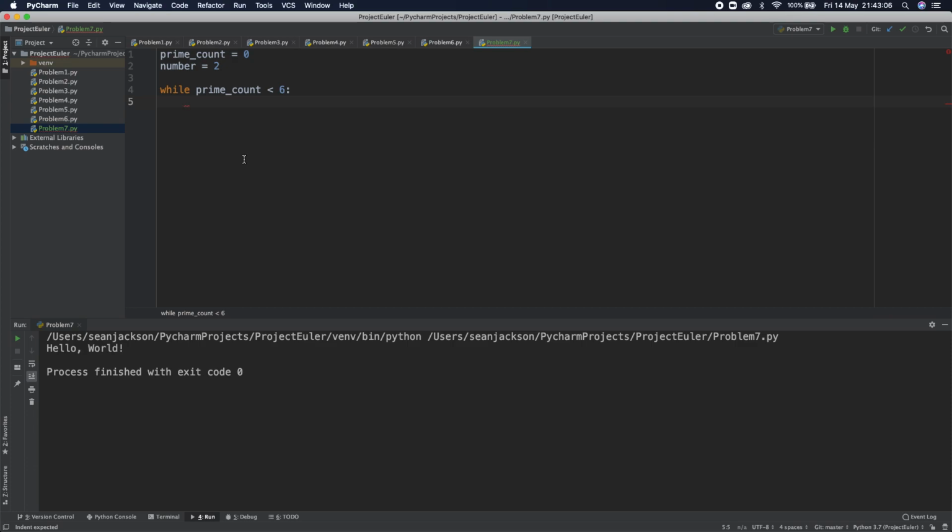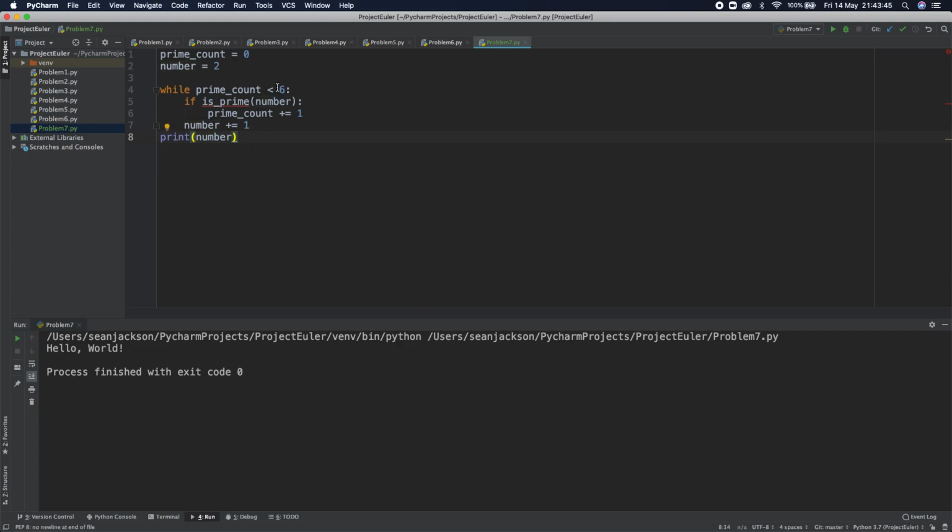So we've got number, so if is prime on number, then we can say prime count plus equals 1, and then number plus equals 1, and then we should be able to print number,